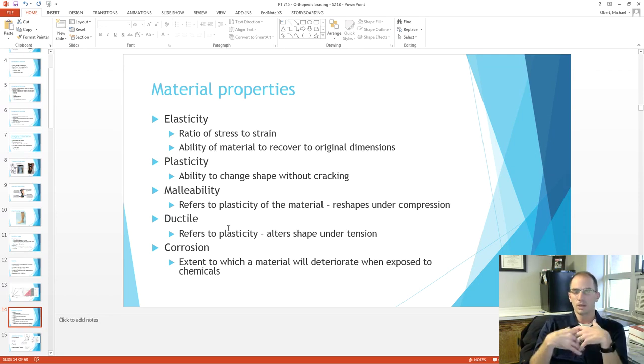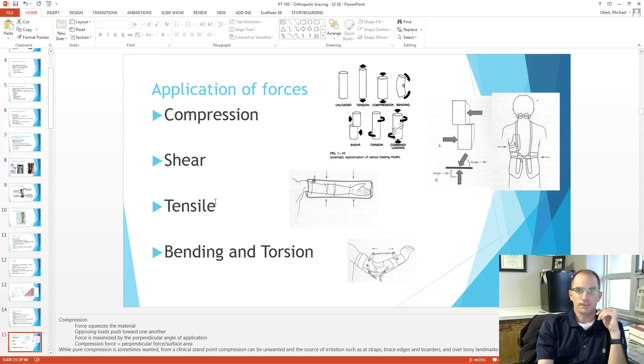Fortunately for us, we use a lot of bracing companies that will come in and evaluate the patient one-on-one, fit them so that they get a custom fitted orthotic device, and then they'll take into mind what that patient does and what their goals for function are. Okay, so talking about application of forces,